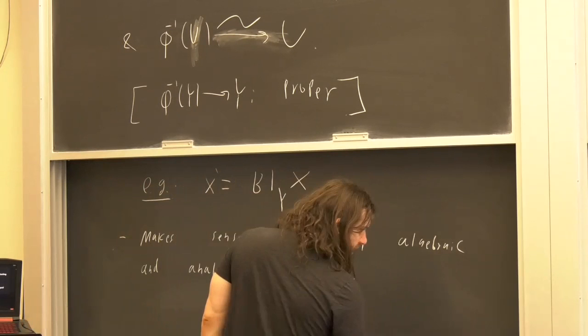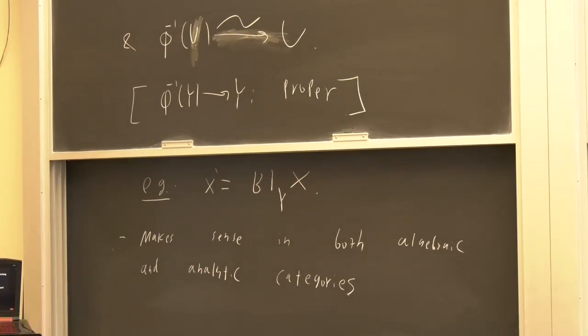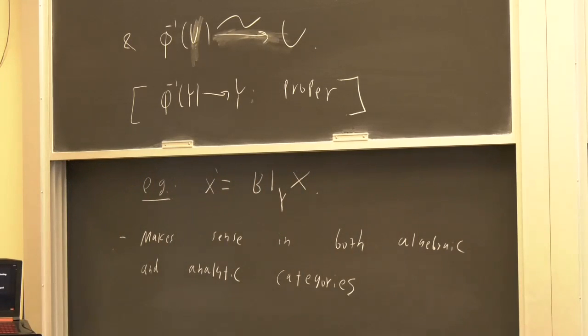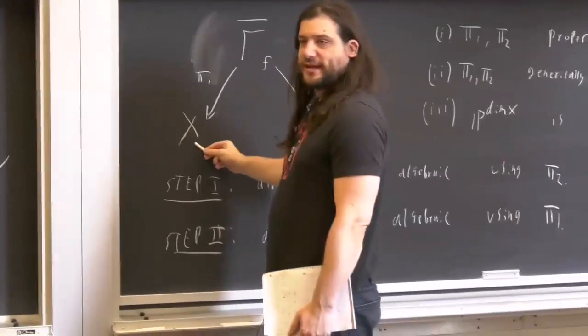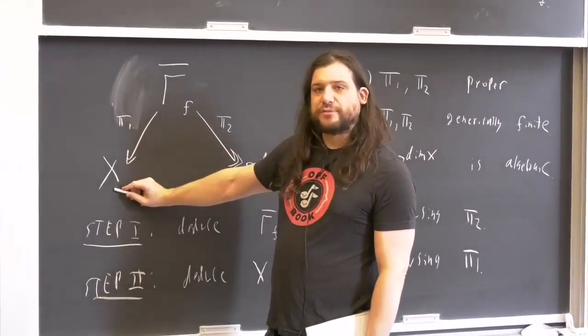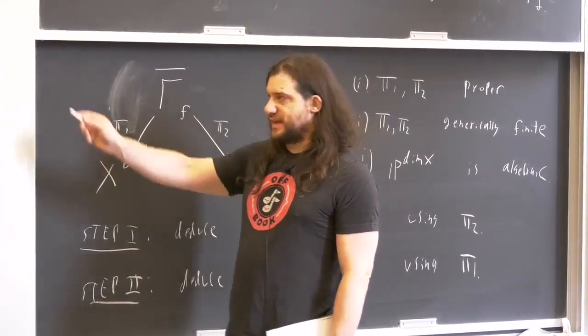Okay, so what is happening here in Arden's setup? Let's talk about the harder part. It's more relevant for us anyways, which is step 2, this sort of going down. Let's say we've algebraized gamma bar, and we want to algebraize X. And let's think about it